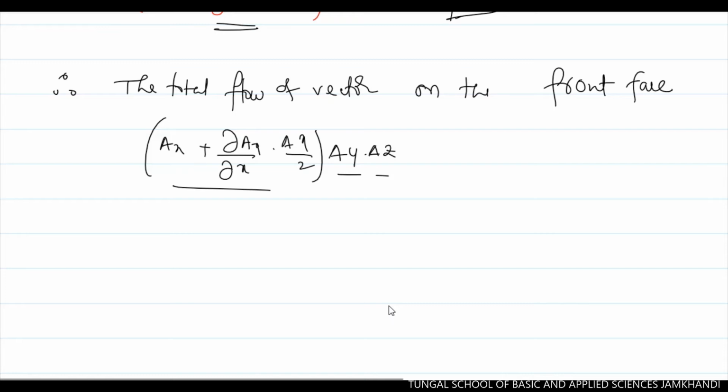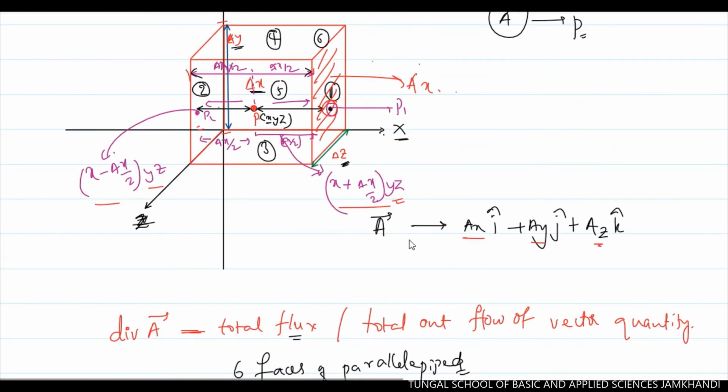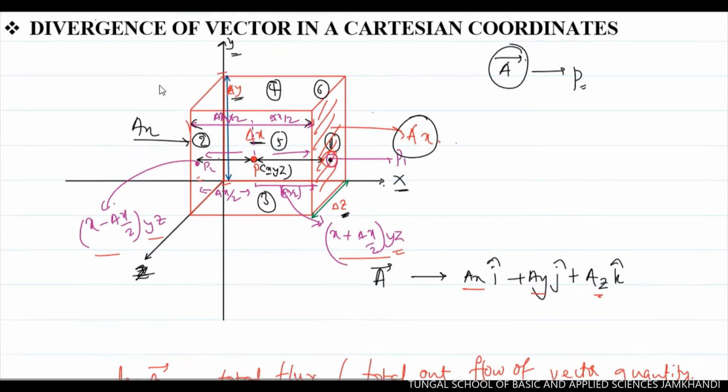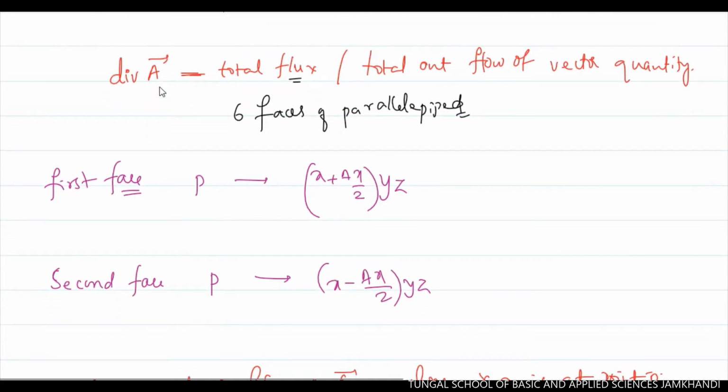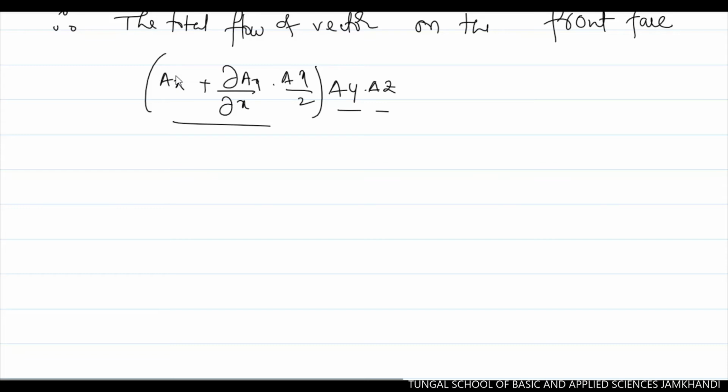Similarly, if you calculate the inward flow, the net flow of the vector in the second face: if this Ax is coming out of the first face and entering into the second face, I will call this one the same Ax. Now, if you calculate the rate of net flow of that vector through the second face along the x direction, it is given by,